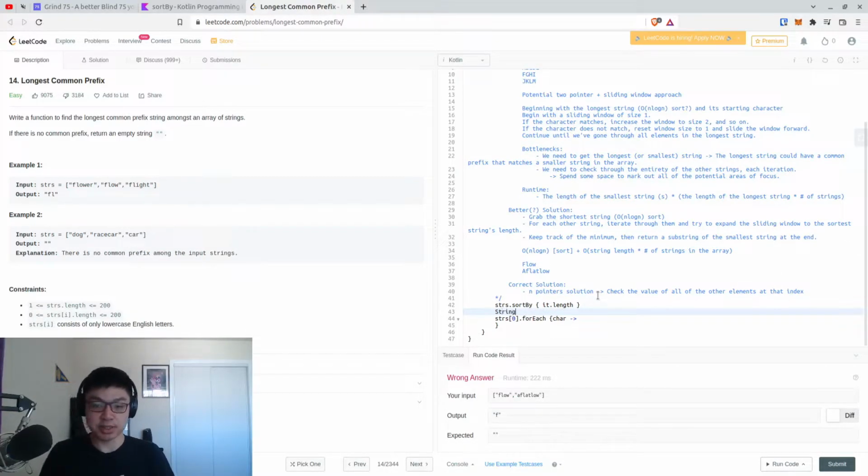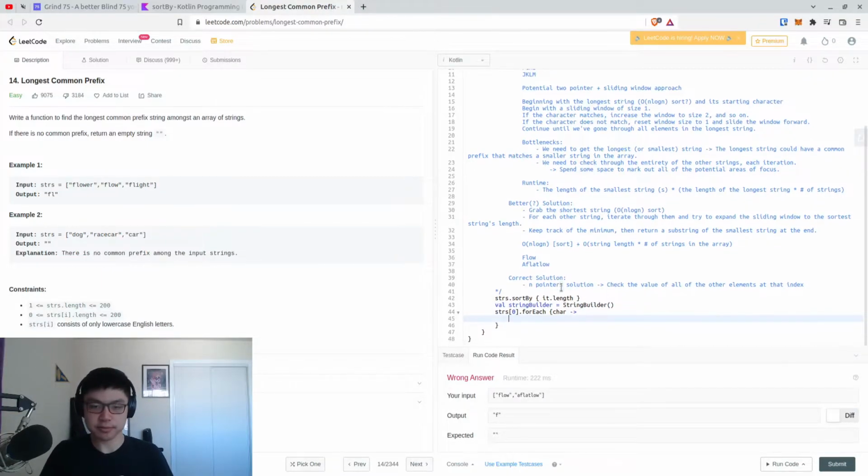And we'll do a val stringBuilder equal to a StringBuilder, and this is an empty string builder, right? And then we'll say if,